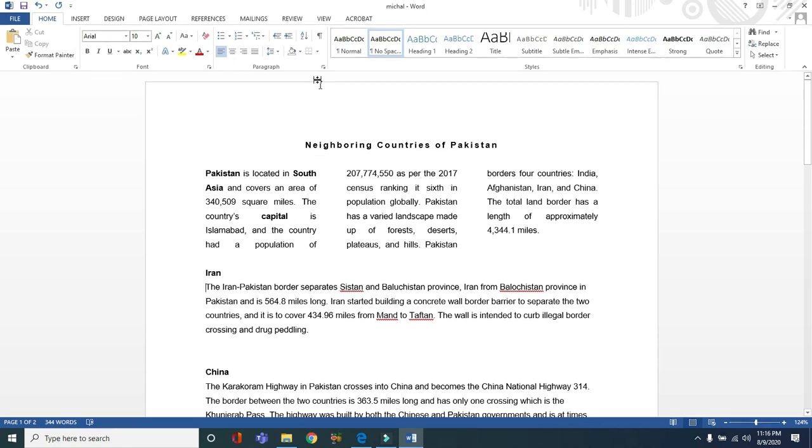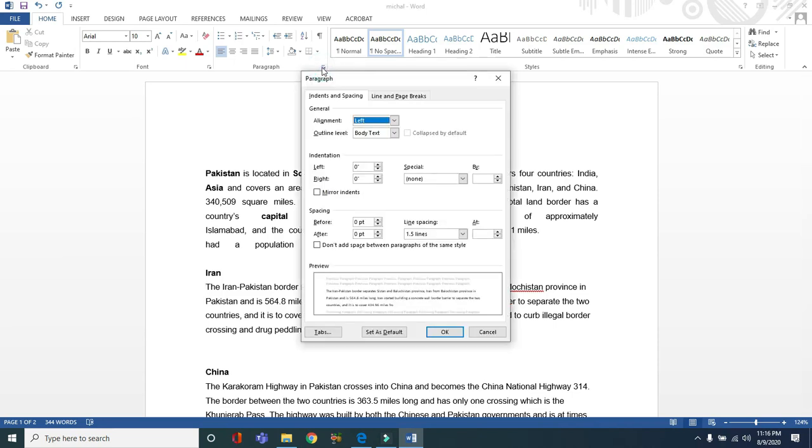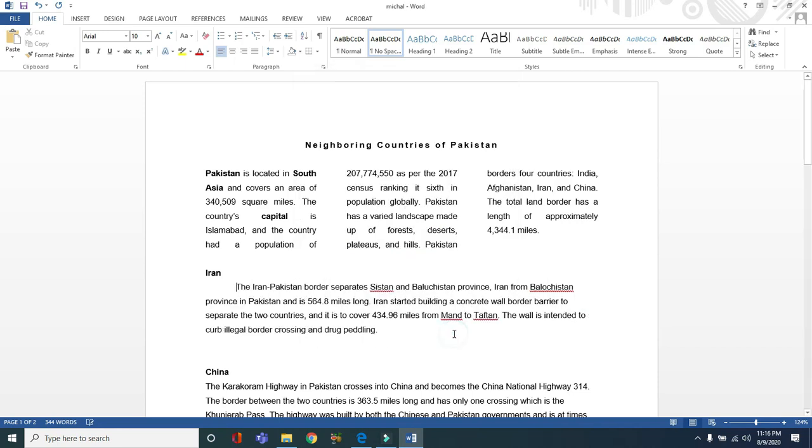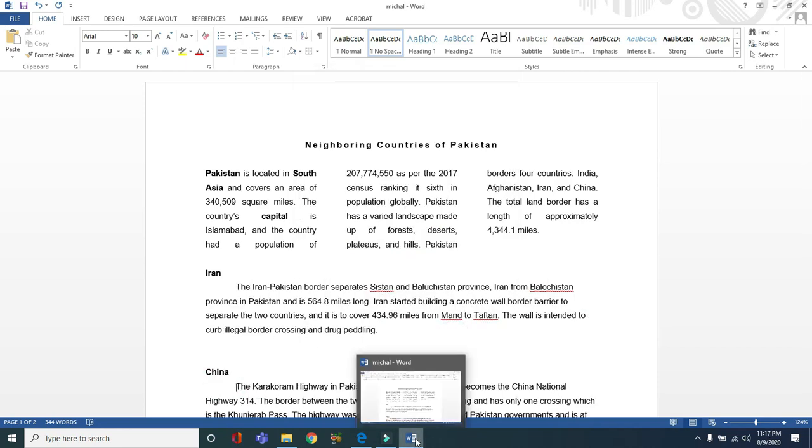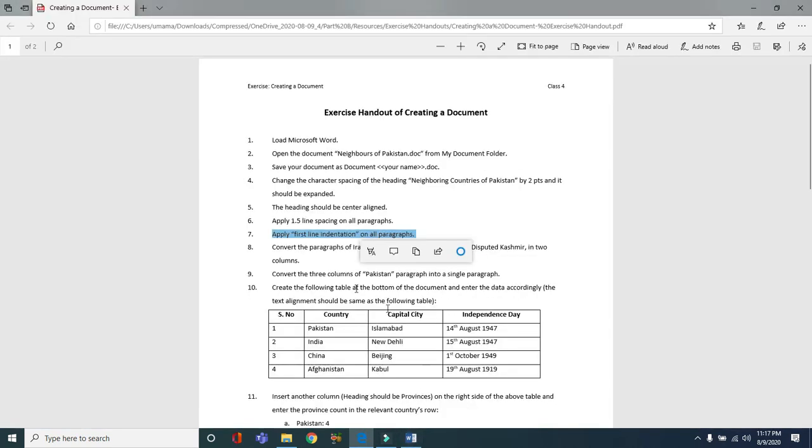So you will go to the paragraph and then there is the indentation part and you can give first line and click on the OK button. Here you can see the preview of your paragraph. You can do it one by one in this way. With the rest of the paragraphs you will apply the same things.